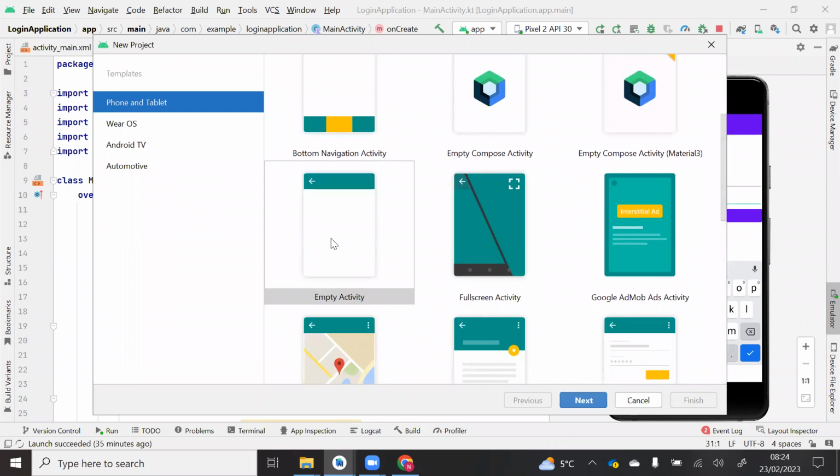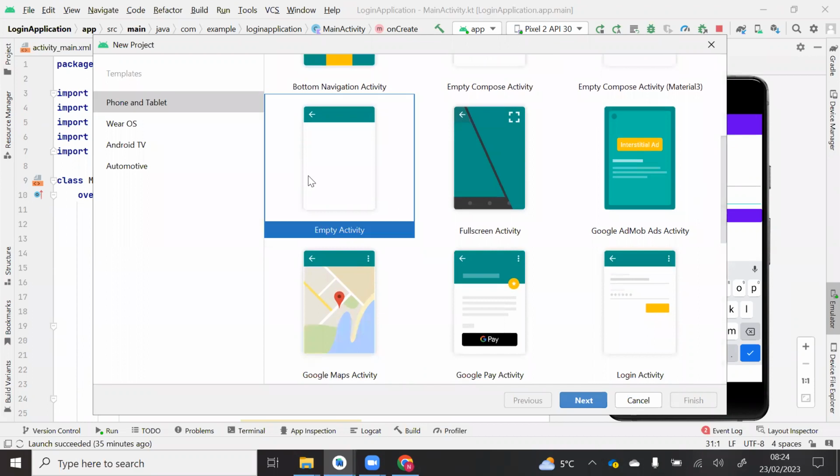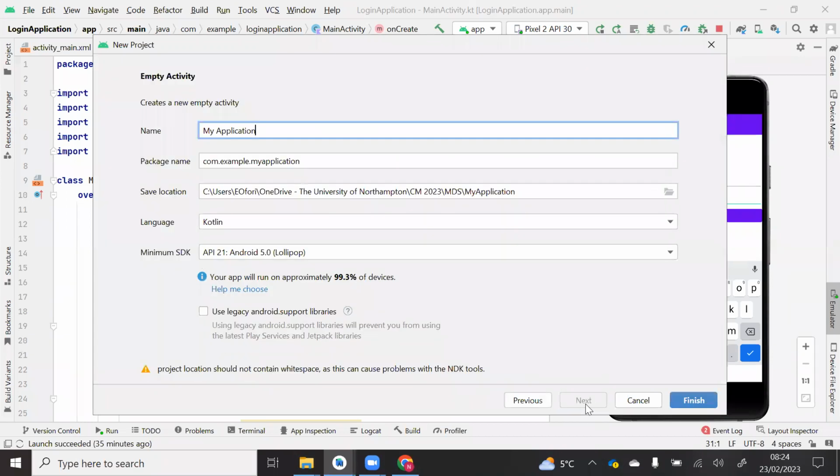So the first thing I'm going to do is choose a template. I'm going to choose an empty activity and I'm going to call this change the background. Kotlin, because we're going to use Kotlin. And then Kotlin is already selected. So when I click on finish,